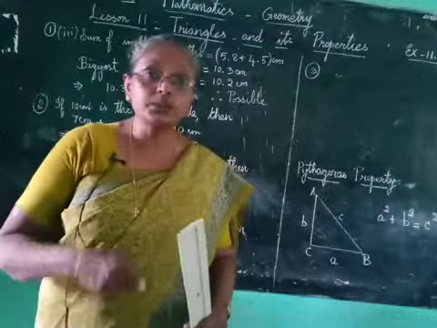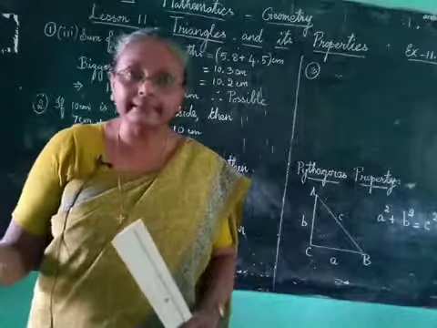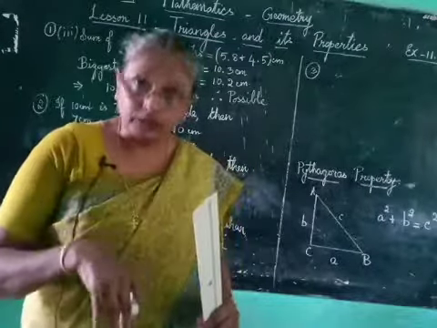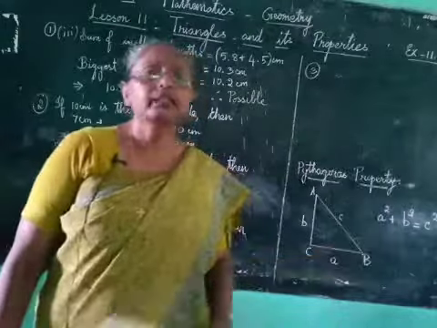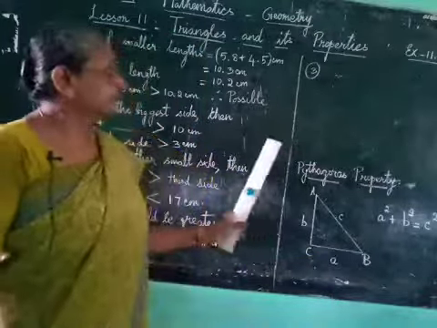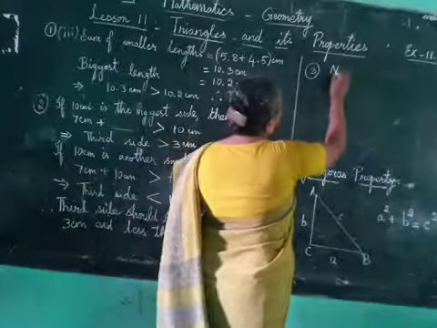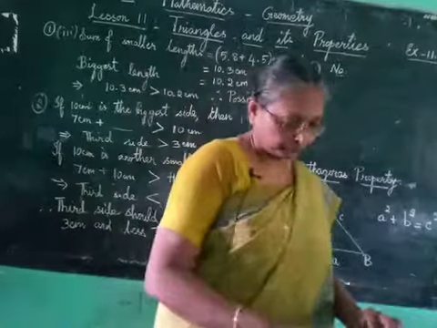We saw that the sum of two sides should be greater than the third side. And they are asking if the sum of two angles will also be greater than the third angle. We will see one example. This is not possible. The first thing we should say is that it is not possible.